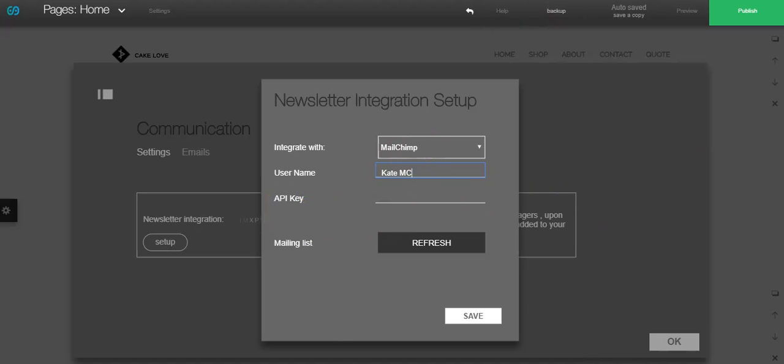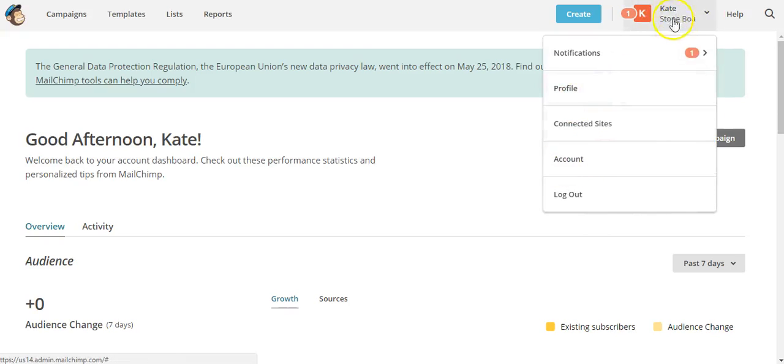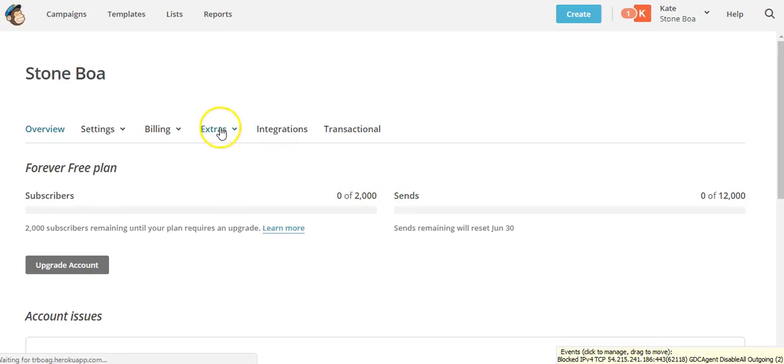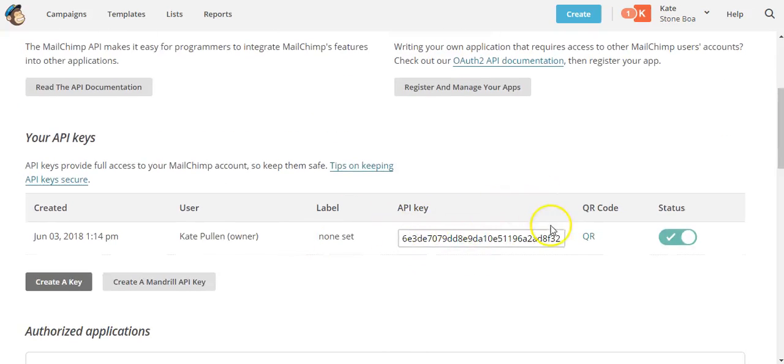So to get the API key, we go to MailChimp, and if you go to the profile section here, top right of the page, account, and extras, API keys. And if we scroll down, you'll see there's an API key that I set up yesterday. To create a new one, just click create a key, and that will create your key. Copy the key. So if there's not a key there already, you create a key. Copy it, and let's go back to our page